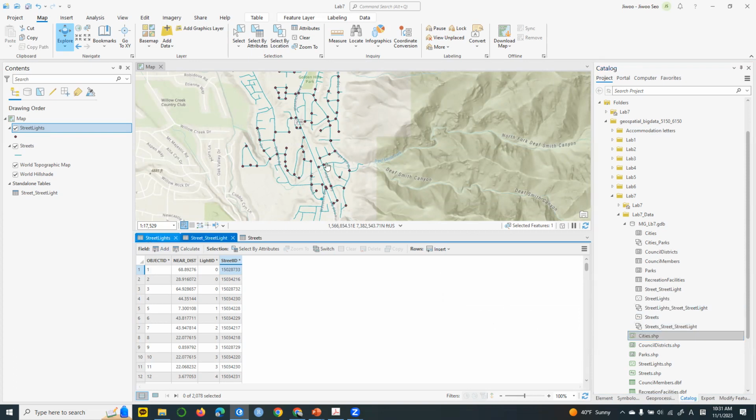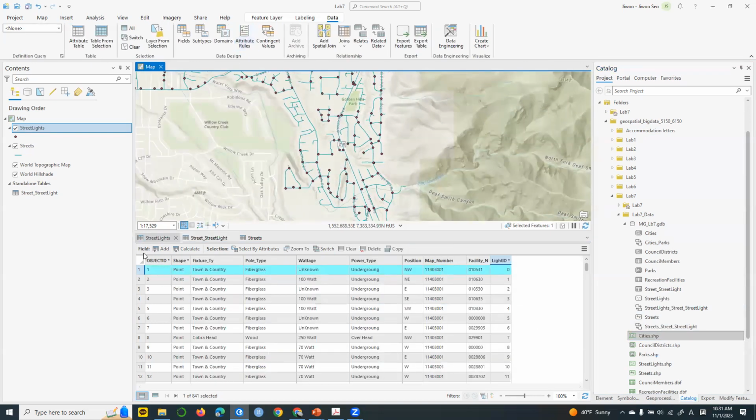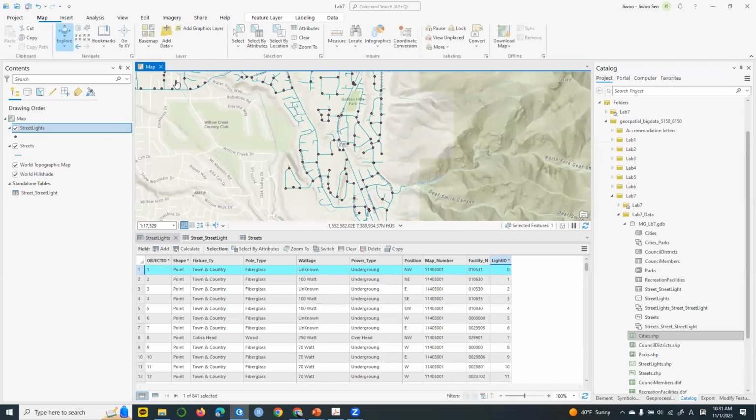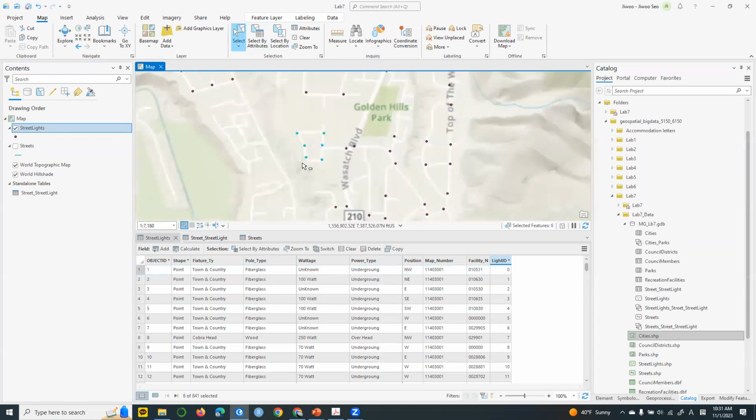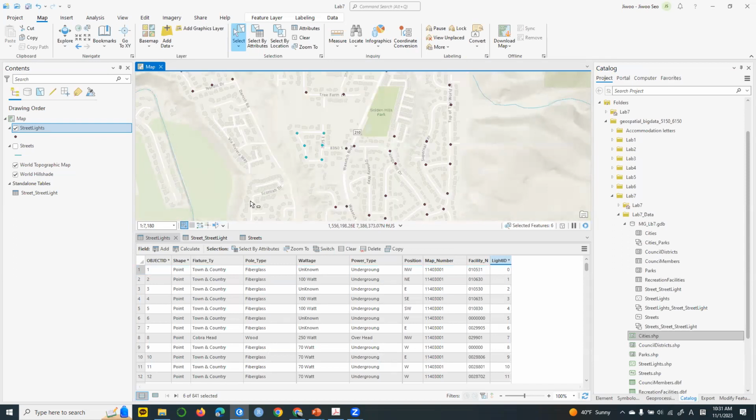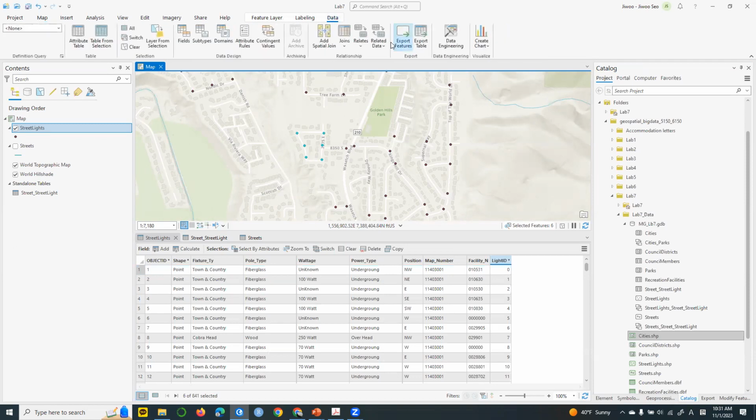So let's select some street lights. I'm going to choose these 6 street lights first. You can choose any street lights, and then go to data and the related data here. So we already made this relationship class